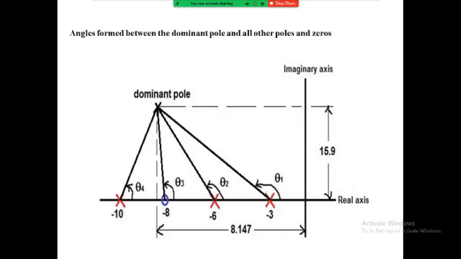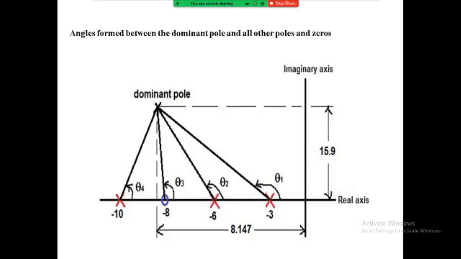Here the angles formed between the dominant pole and all other poles and zeros can be obtained as follows. See here, four values of theta are given, that is theta 1, theta 2, theta 3 and theta 4. Theta 1 is equal to 107.94 degrees, theta 2 is equal to 97.69 degrees and theta 3 is equal to 90.53 degrees. So depending upon these three values, theta 1, theta 2 and theta 3, we find out theta 4,